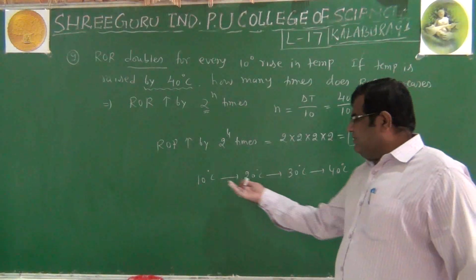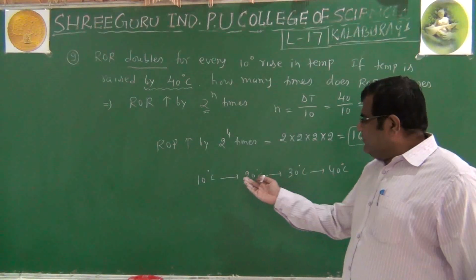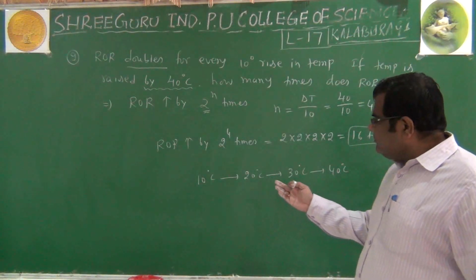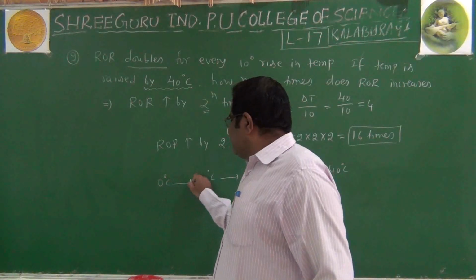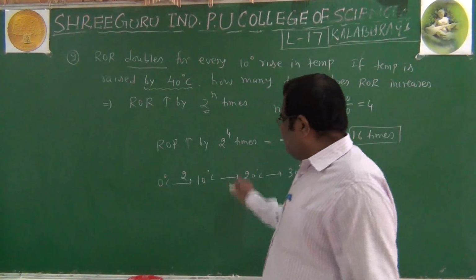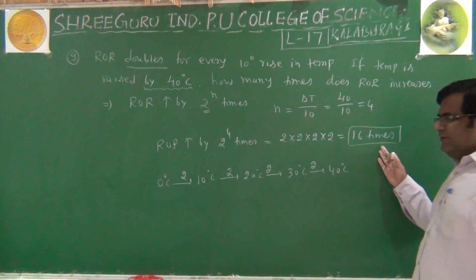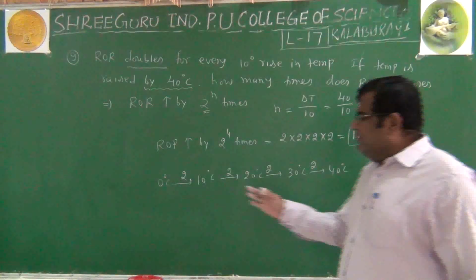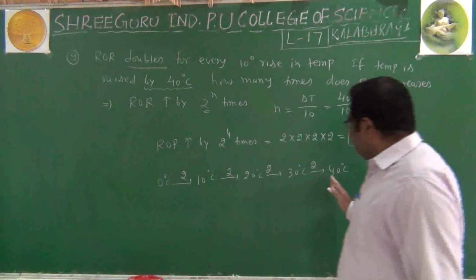We can just imagine this is 2 times, it has been increased by 2 times. We can start with 0 degrees Celsius to 10, so it is 2 times, 2 times, 2 times, 2 times, like that. Because increase in temperature by 10 degrees is 2 times, like that we can write,